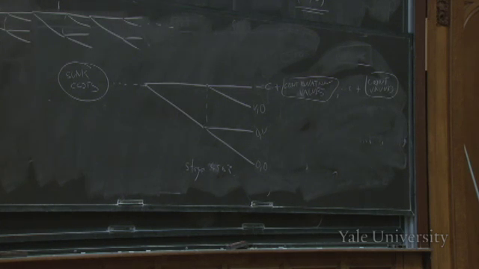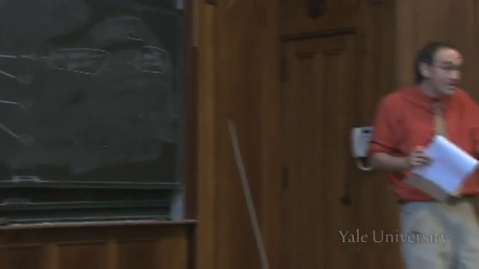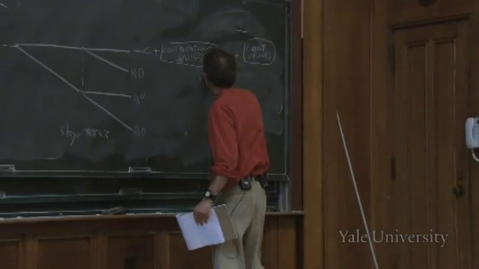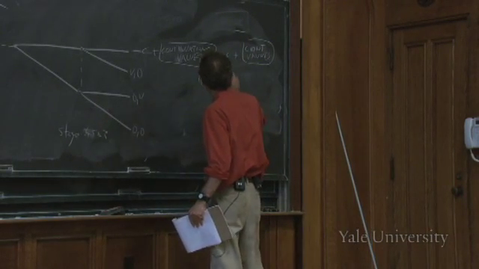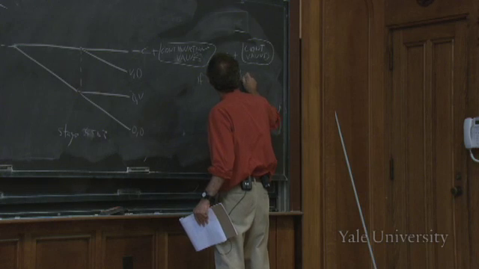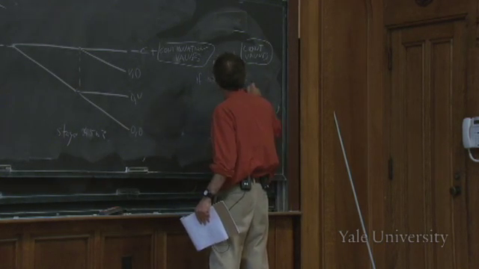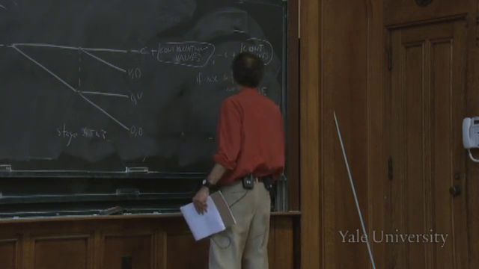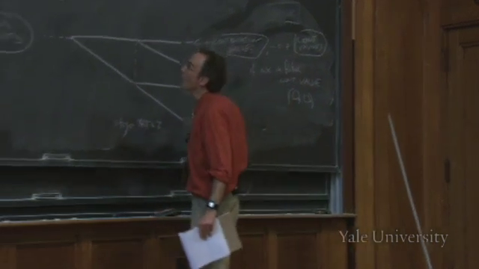It's 0, right? If they're mixing in the future, they always had the option to quit, so it must be that the continuation value is 0. So if they mix in the future, then the continuation value is 0, 0. All right, so now